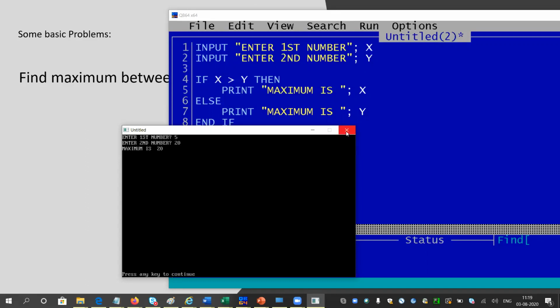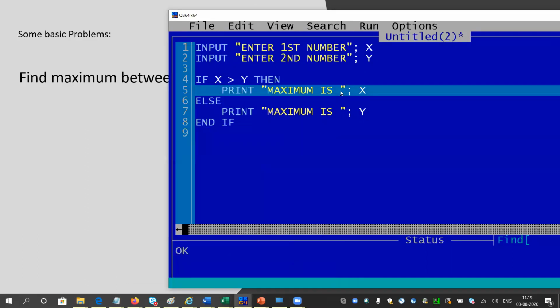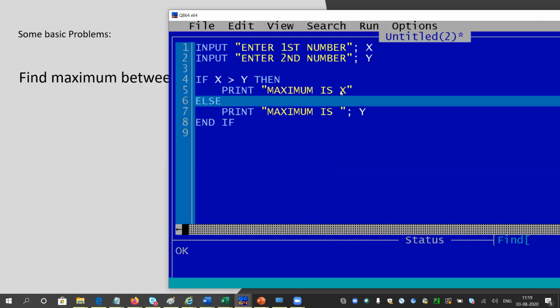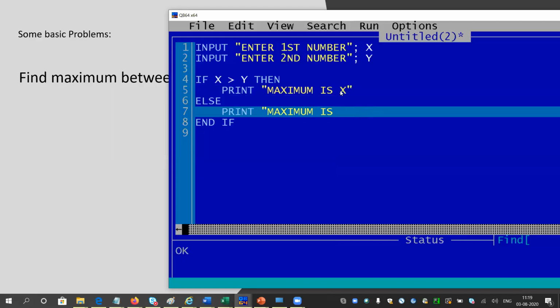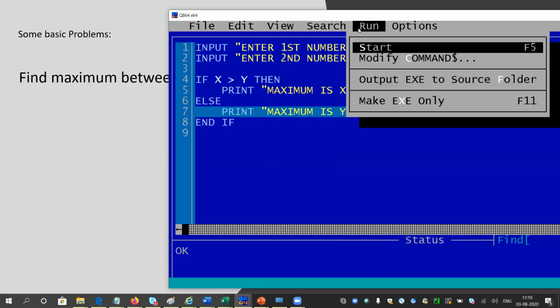Okay, in some of my students' programs, I have checked, some of them have written this code as maximum is x and maximum is y. So suppose I run the program and give the values like 5 and 20, and the computer gives me an output like maximum is P, or maximum is R, maximum is A. What does it mean?